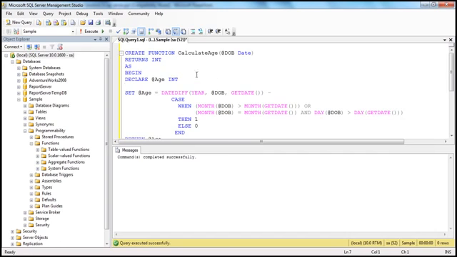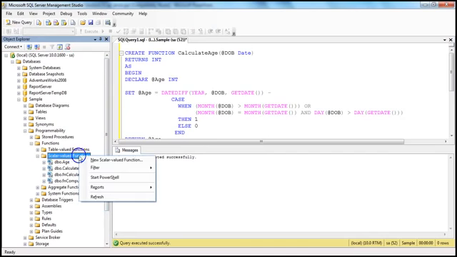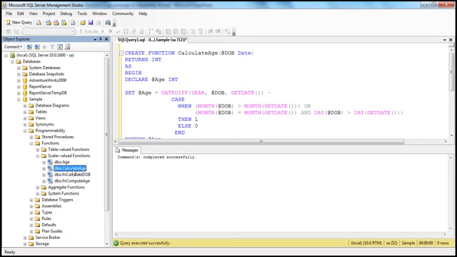We will talk about inline and multi-statement table valued functions in the next session. And if I expand scalar functions here, scalar valued functions, and if I refresh this, you should see the calculate age function that we have written. And look at the name, it says dbo.calculate age. DBO stands for database owner, and then dot calculate age is the name of our function, and this function is actually present in the sample database. So the fully qualified name of this function is